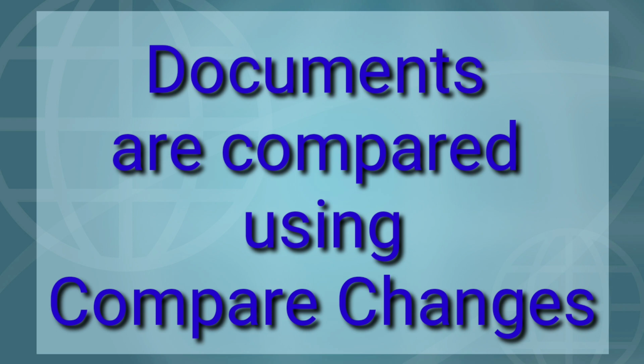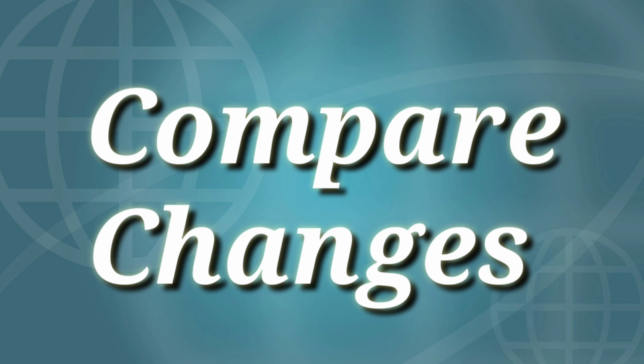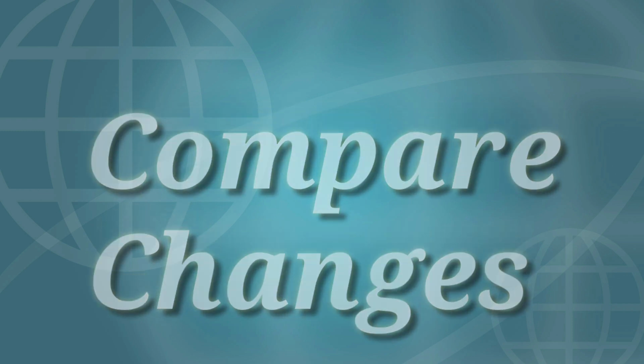To compare the documents, we have to get the original document and one document which is being edited. So, we need both the documents, that is the original document in which there are no changes and the document which has all the changes made. If we have these two files, we can easily compare them using the Compare Changes feature of OpenOffice Calc. After comparing, the changes would be marked in the original document, and we can accept and reject the changes here.